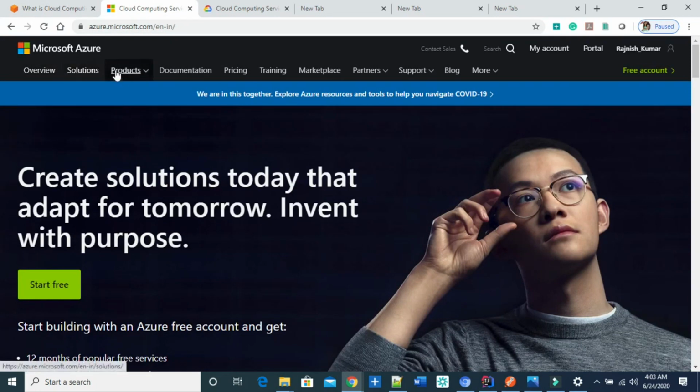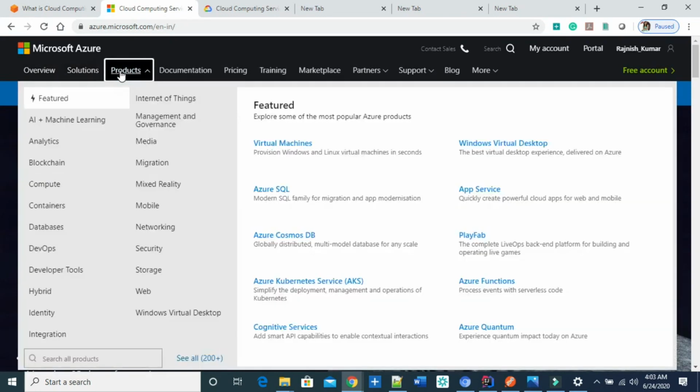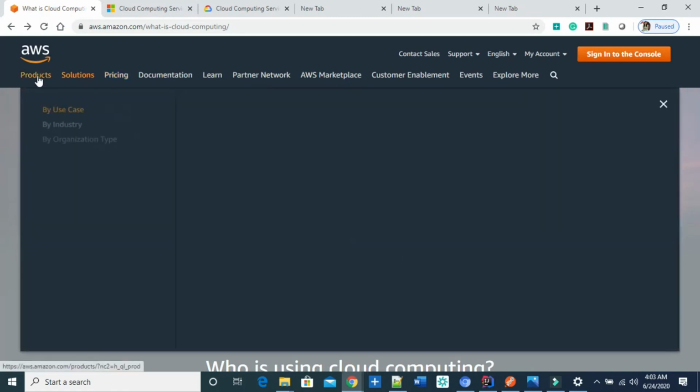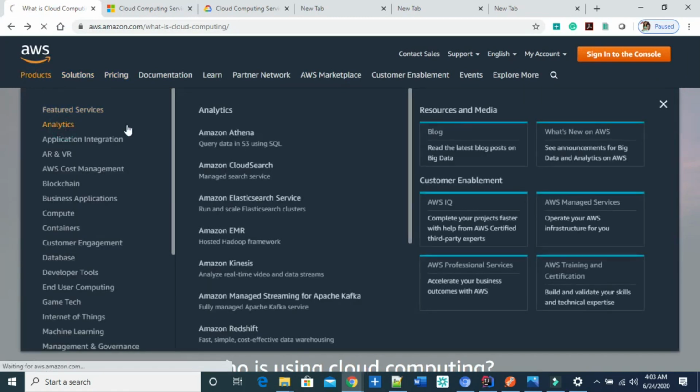Like product, you can open the product, you can see this is the analytics part. You can see there are a lot of analytics things here. So here is the analytics: they have Athena and CloudWatch. Okay, so EMR, basically you can create